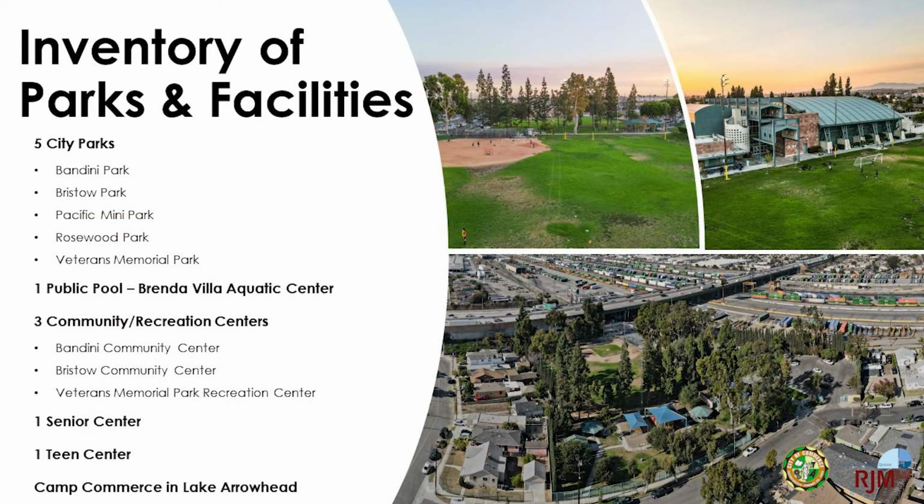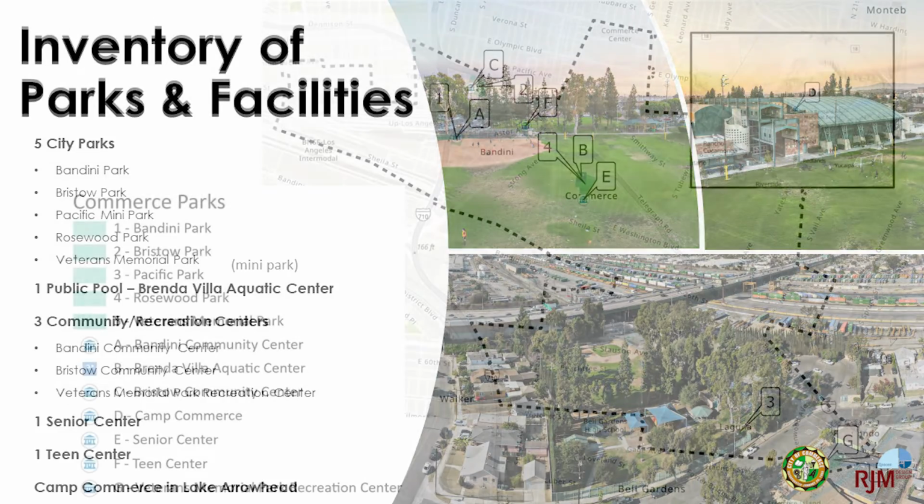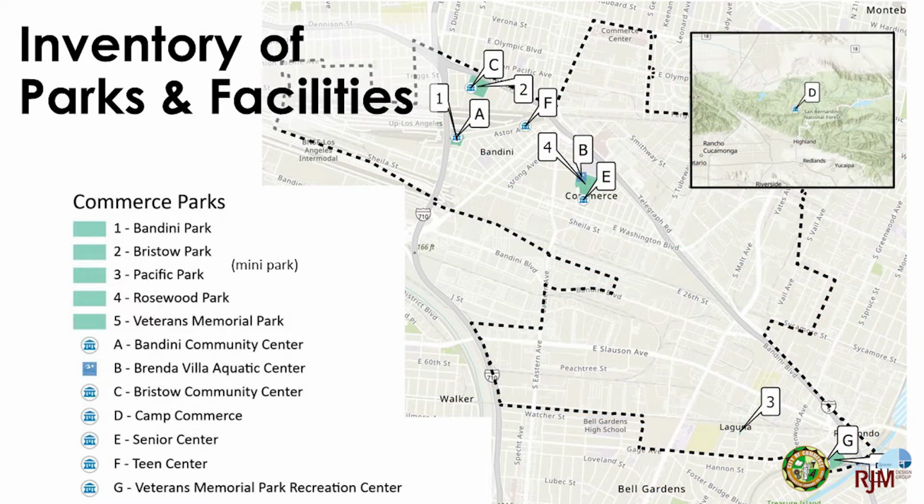The City of Commerce has 5 city parks, 1 public pool, 3 community recreation centers, 1 senior center, 1 teen center, as well as Camp Commerce located in Arrowhead. One of the important parts we look at is where the parks are located. Where are the neighborhoods located? You can see here throughout the community there are parks on the north and south side of the City of